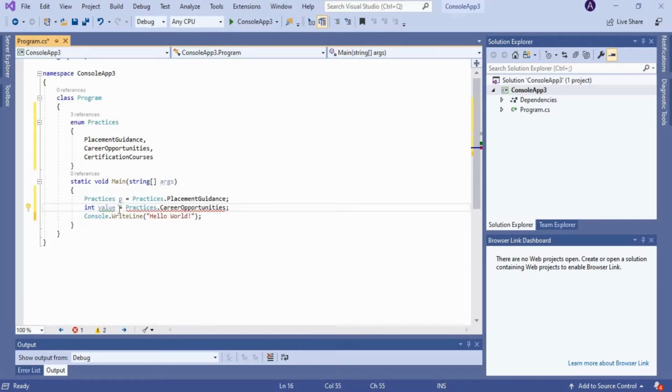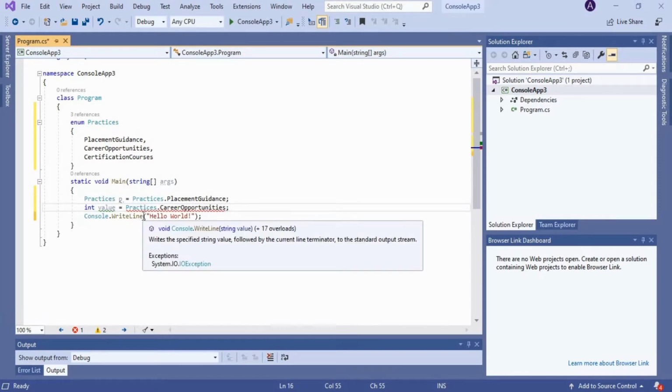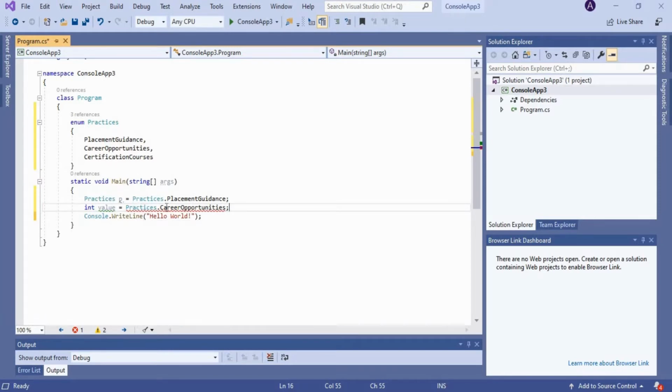So here this enumerator practices contains certain string names for integral constants, right? Hence we have to convert this enumeration type into integer, which is known as casting. Without casting there will be a conflict in converting the enumerator type into integer type, right? So for that reason we are casting the value here, right?